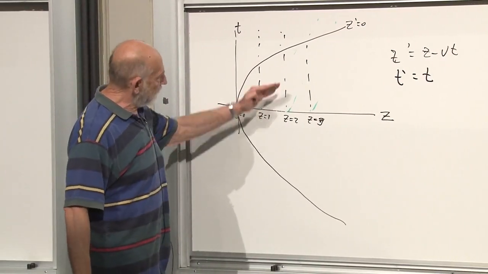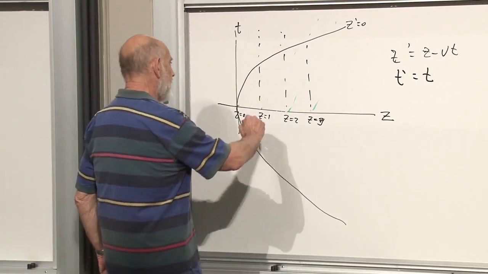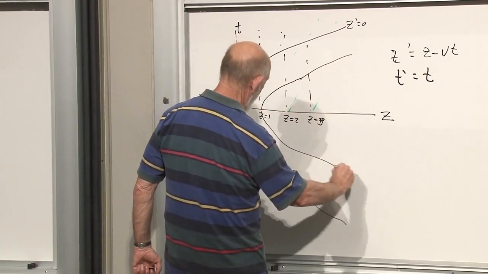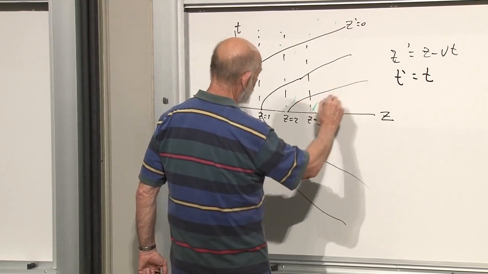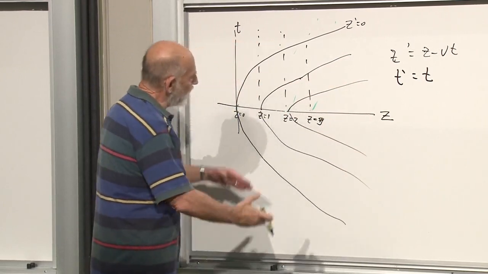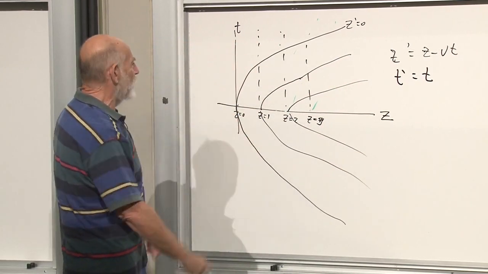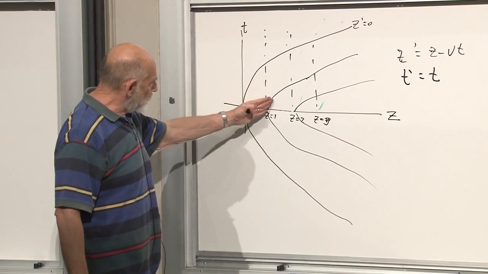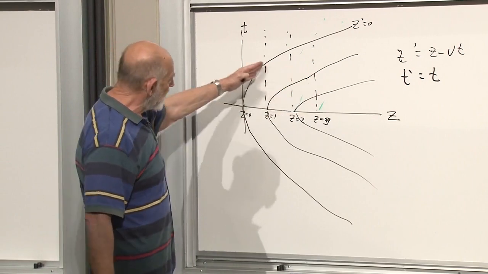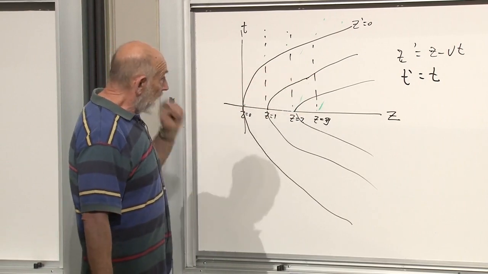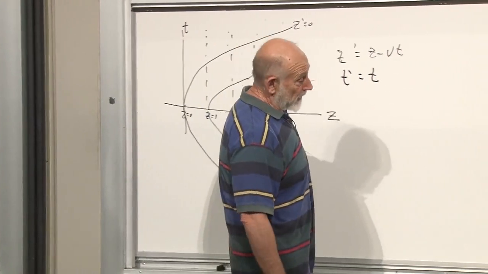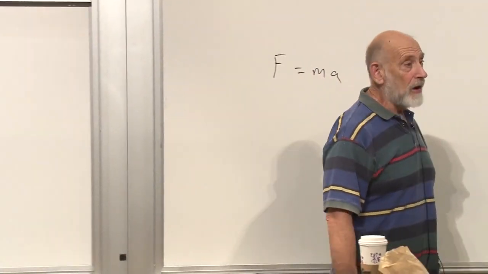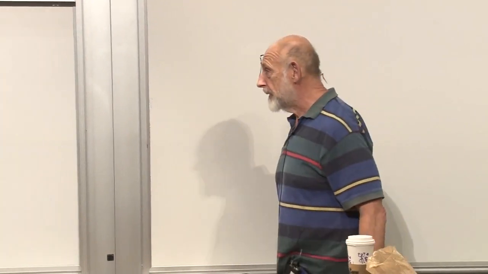Well, that's just a shift of this parabola, which I always have trouble drawing. It always gets cramped somehow. Z prime equals 2 looks like this. These parabolas seem to be getting narrower and narrower, but that's only because I'm not good at drawing them. Each one is just shifted relative to the previous one by 1 unit. And the point is, of course, not surprisingly, straight lines in one frame are not straight lines in the other frame.